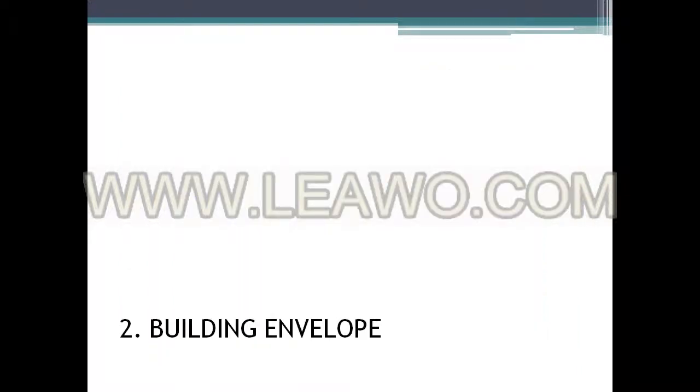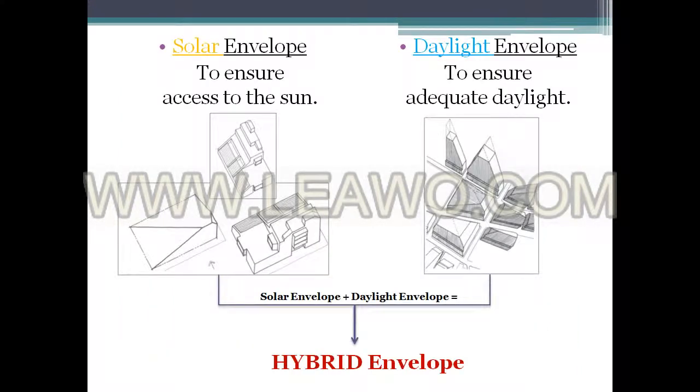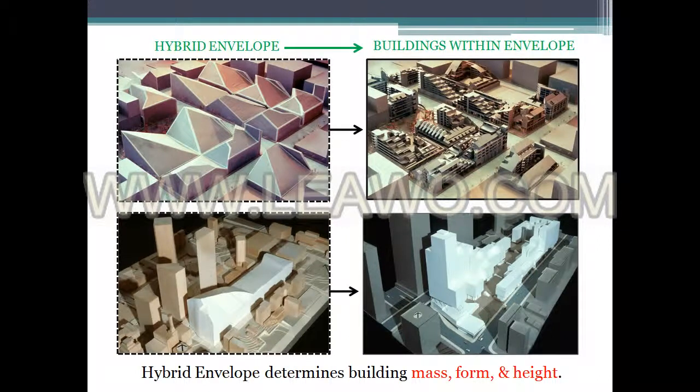Some expansion techniques. If you want to customize your project to their climate, then you should ensure that they all have access to the sun and adequate daylight using the solar and daylight envelope strategy, and combine them together to come up with a hybrid envelope, which is something a lot of environmental designers have done. As you can see,